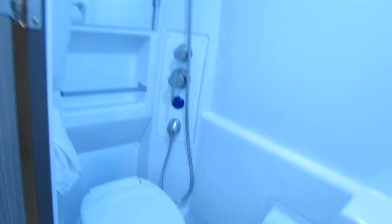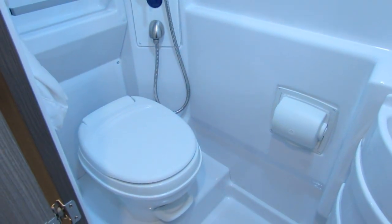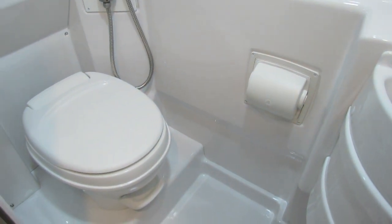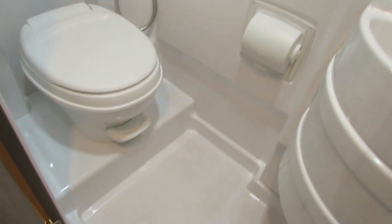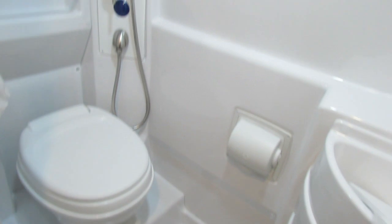Let's go see the head. Oh, you know what? That's a reasonable sized bathroom. Yeah, I like it. There's no reason why you need to make the bathrooms extremely tight. This is reasonable. Any average sized person up to probably 6'2" can have no problem with it. It's a wet bath, but still, it's not that crowded. Of course, you don't have to close the door if you don't want to, but you got more than enough